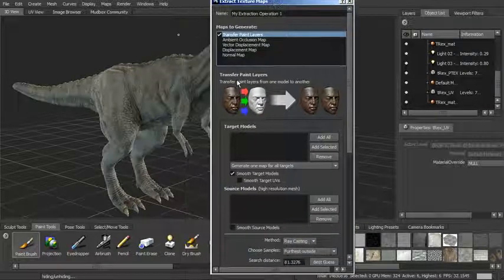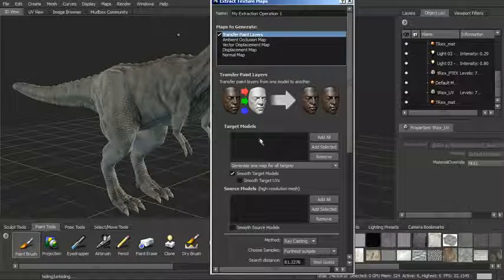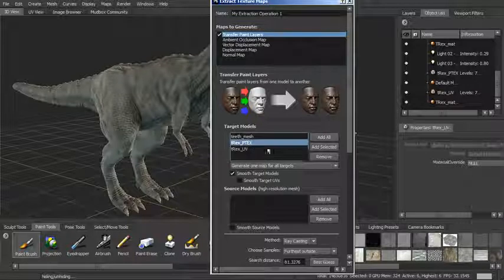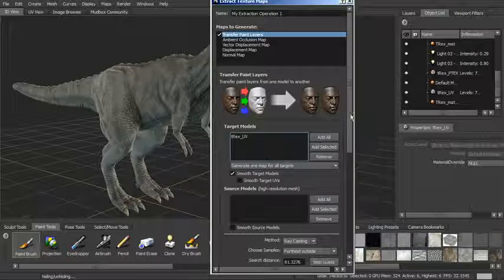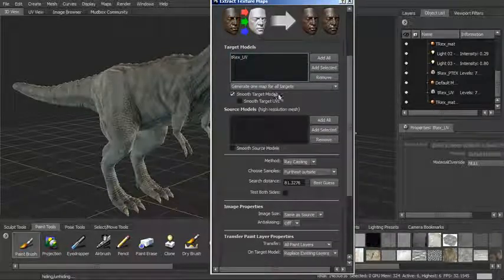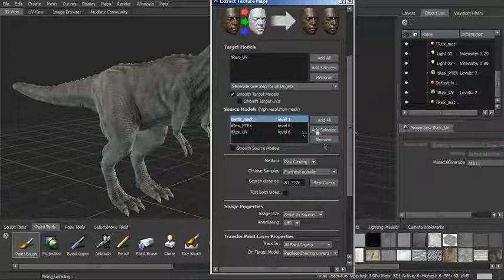So we're going to transfer paint from one model to another. The target is going to be the one with our UVs. So we can select it, or we can just add all and get rid of everything else. Okay, so T-Rex UV is going to be our target. We want to make one map for all targets. For the source, we will use our T-Rex PTX